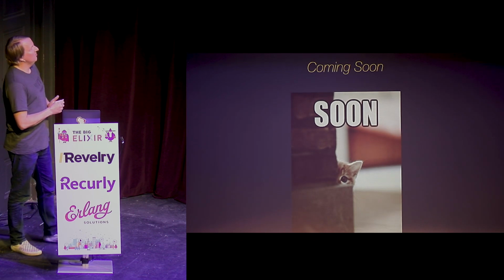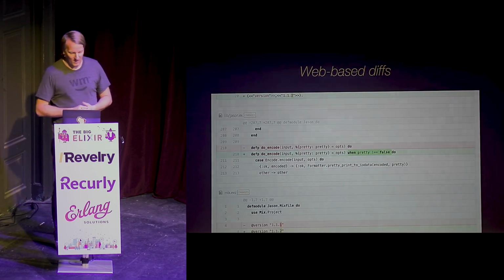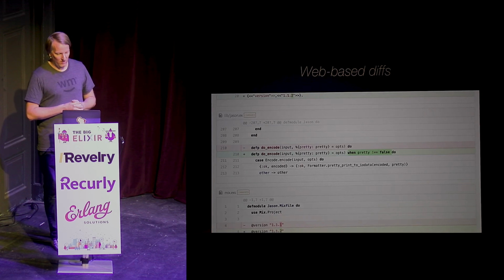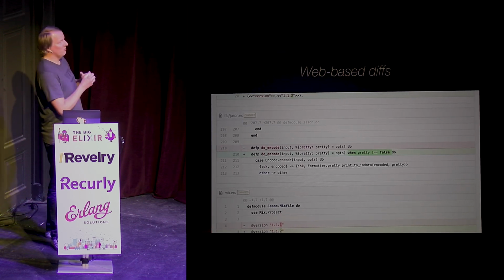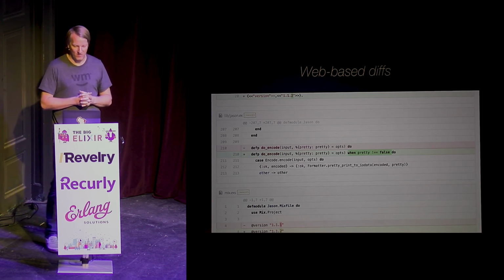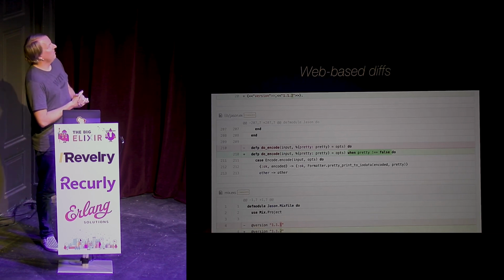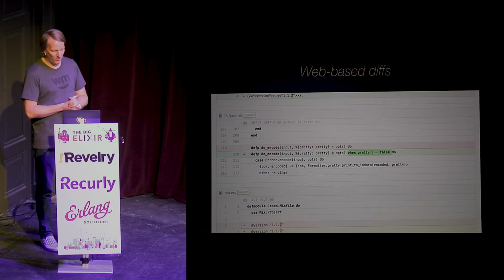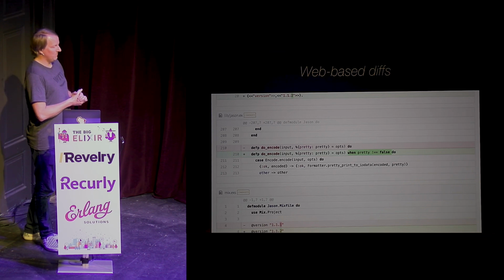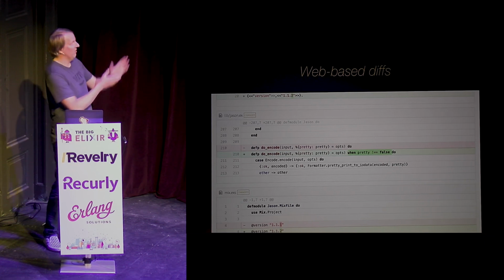All right, now coming soon. These are some things that we're actively working on now but are not in production yet. One of them is a tool for web-based diffs. I realize some people are not comfortable with the CLI's output of diffs. It can be hard to read, especially if there's a lot of content. Johanna Larson has been working on this feature, which we're going to pull into Hex proper as soon as it's ready. It will give you basically the same feature as hex.package.diff, but using a web UI instead.